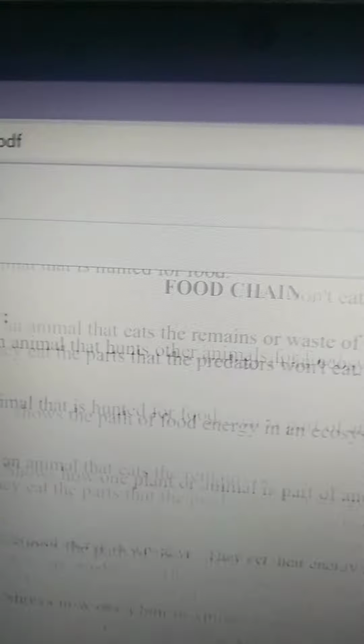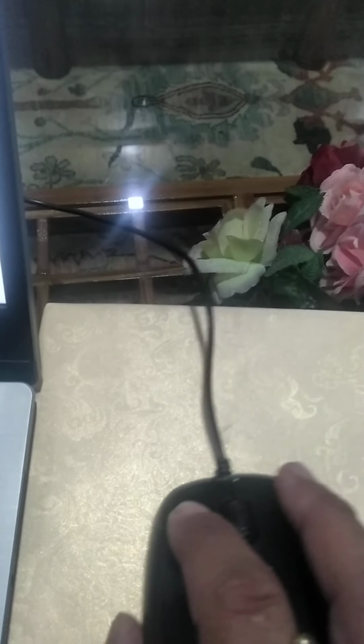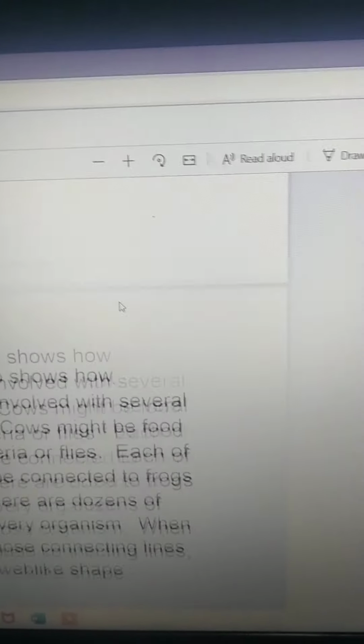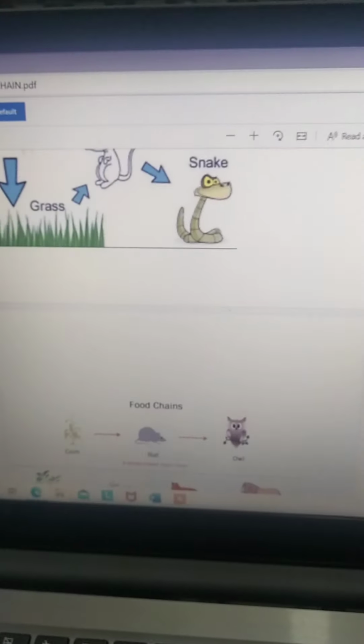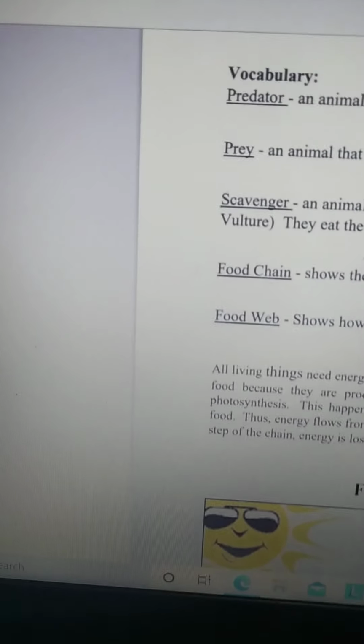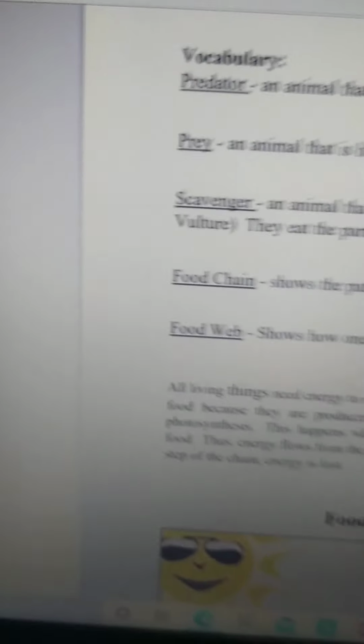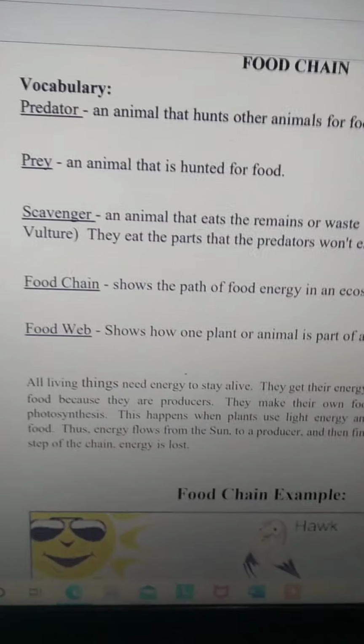Now with the help of my scroll, can you see? I'm using the scroll wheel. So what will happen? This page, you can move up and down. Yes, you can move this up and down because there are 4-5 pages. So I can move it up and down by using the scroll wheel. We call it wheel. Can you see this? Yes, it's going up and down. So this is the use of scroll wheel. So boys, try this if you have a computer. Try all this. Thank you.